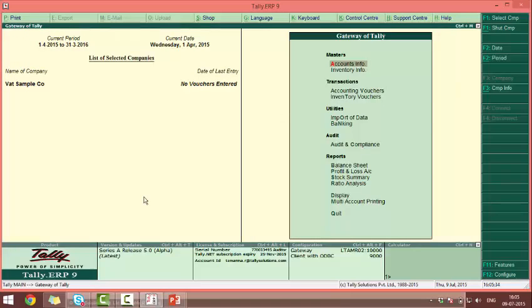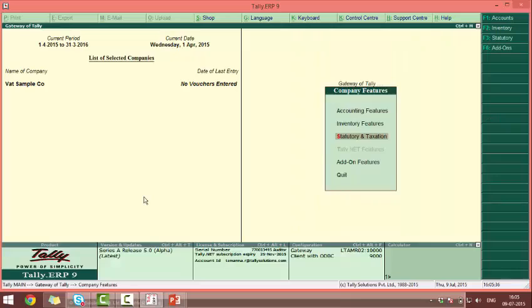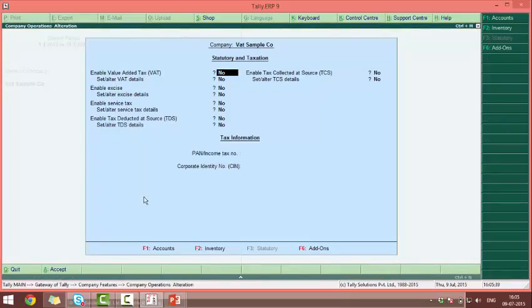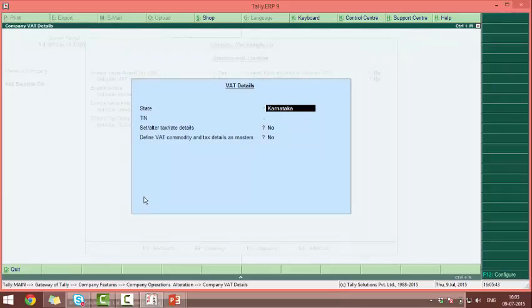Once we save this company creation screen by pressing Ctrl A, go to VAT configuration under F11, statutory taxation, enable value added tax, say yes, set or alter VAT details, yes. Over here the state which we have created while creating the company will be coming. Mention the 11-digit TIN number.